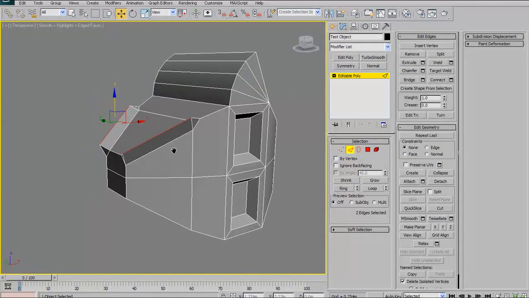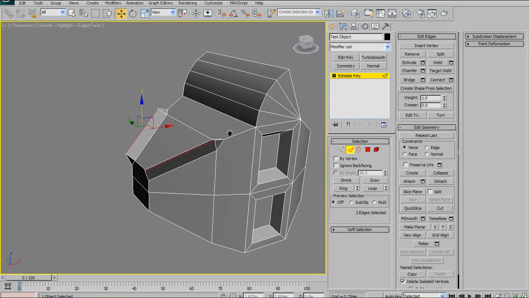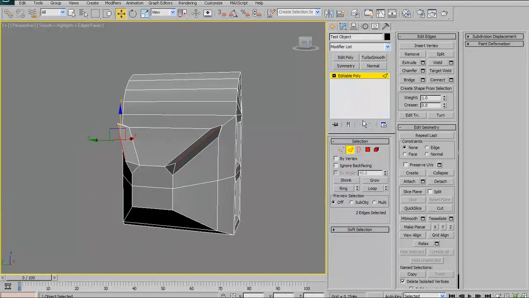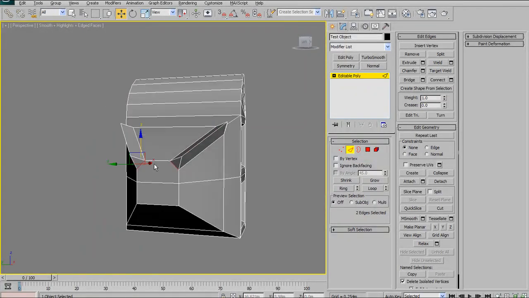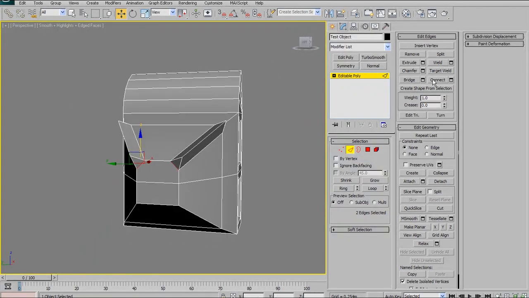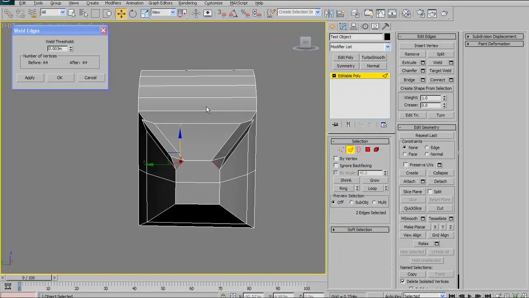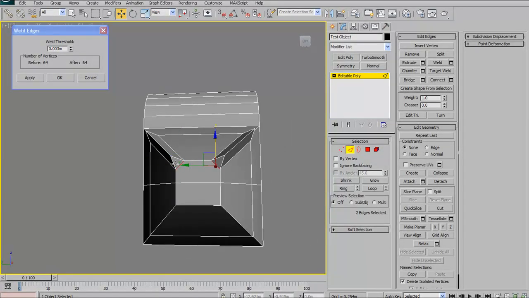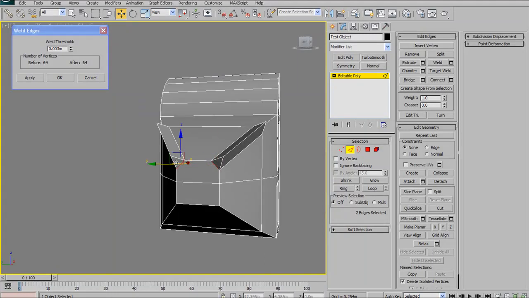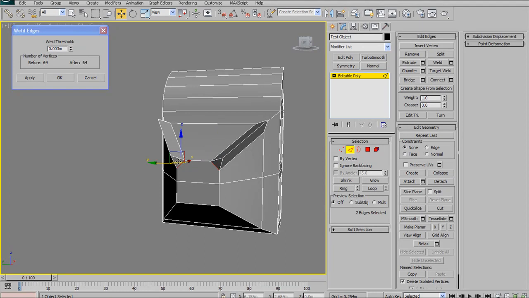So while we're on the topic of triangulating, that will bring me to my next point, which is I'm going to show you the weld dialog. With the weld dialog, you can weld on faces, you can weld on edges, and you can weld on verts. Basically what the weld does is it will weld the vertices that correspond with your selection based on a threshold. With these two edges that I have selected, they each have two vertices that correspond to them. If I wanted to collapse those vertices or weld them together, I could select my edge selection, and then I could crank up my weld threshold. And when I get to a certain point,